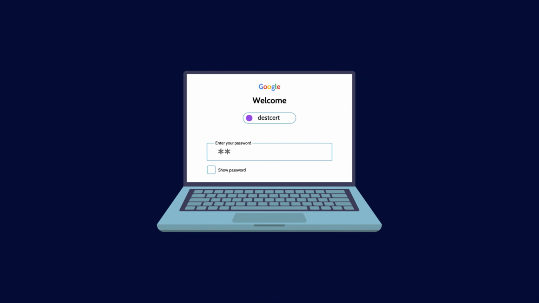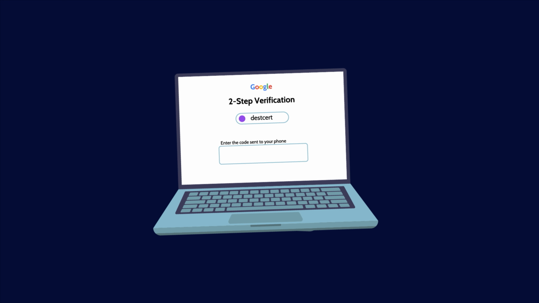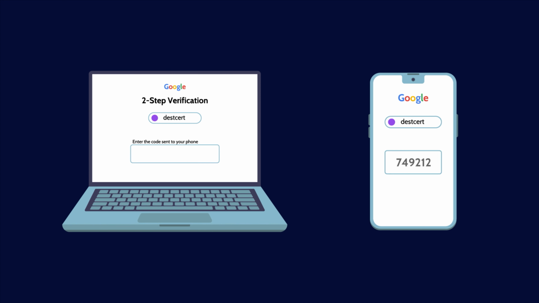Even if an attacker manages to obtain your login credentials, multi-factor authentication makes it significantly harder for them to gain access and take over an account, providing a crucial barrier against unauthorized intrusions.